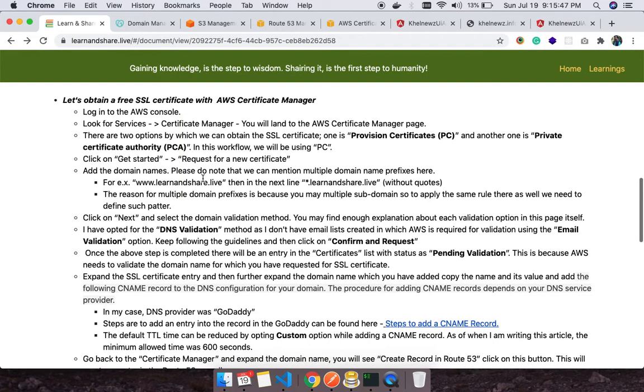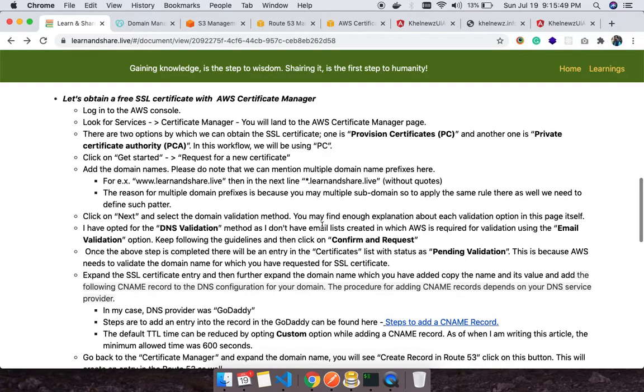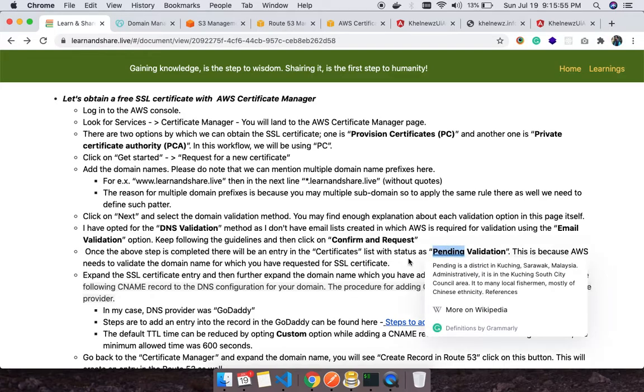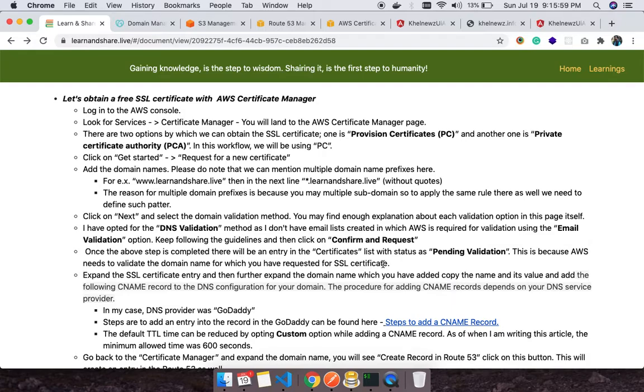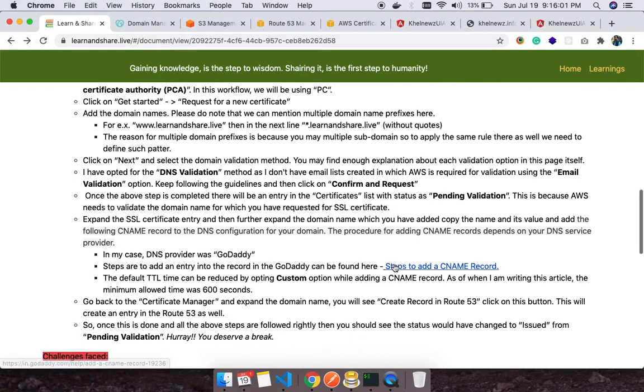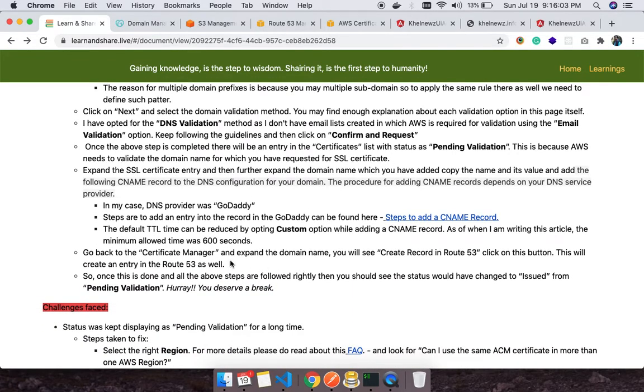Meanwhile, we can see the steps. DNS validation, confirm and request, yes. Pending validation is because AWS needs to validate the domain name for which you have requested the SSL certificate. So I think we have covered all these steps. We are waiting for this step: once this is done and all the above steps are followed rightly, then you should see the status change to issued from pending validation.